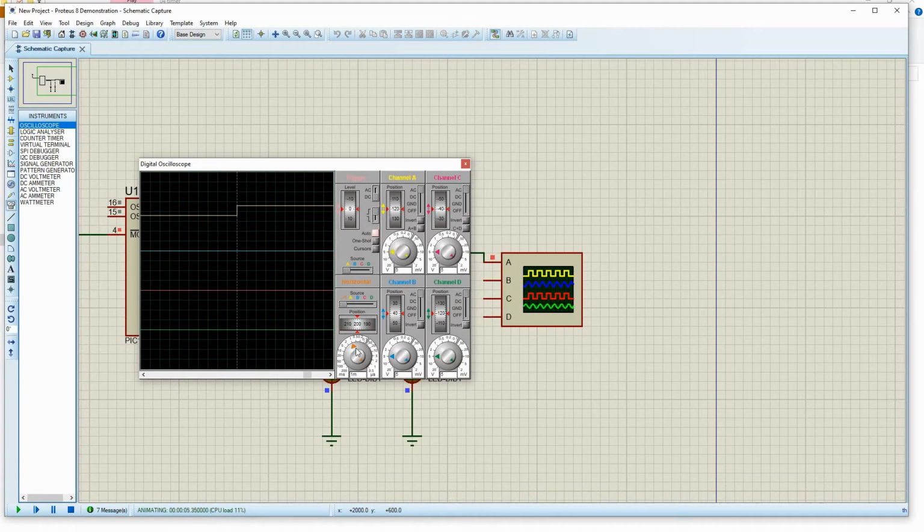So let me keep the timing to 0.5 or 1 second, 1 millisecond, 100 millisecond, and channel A to DC. So check out the scope chapter if you don't understand how this works.